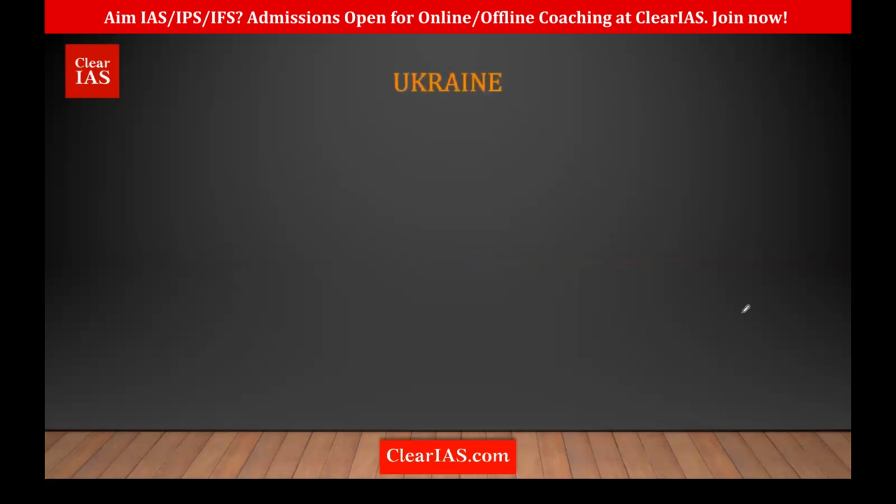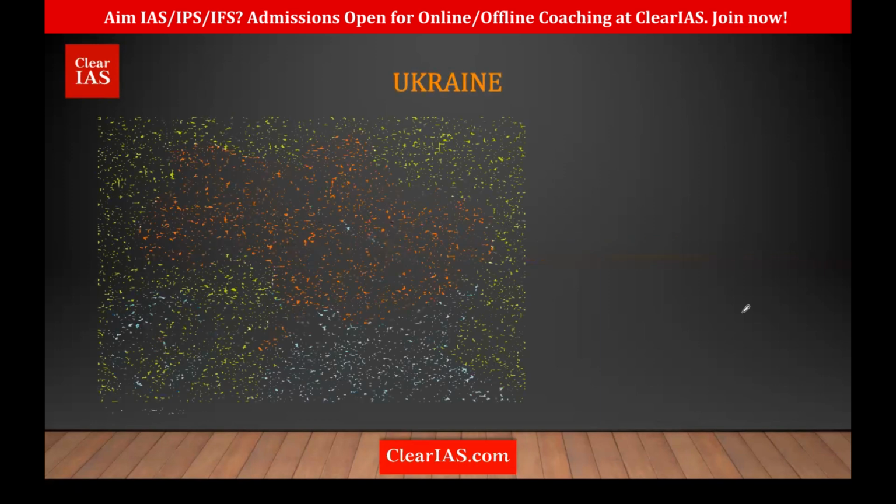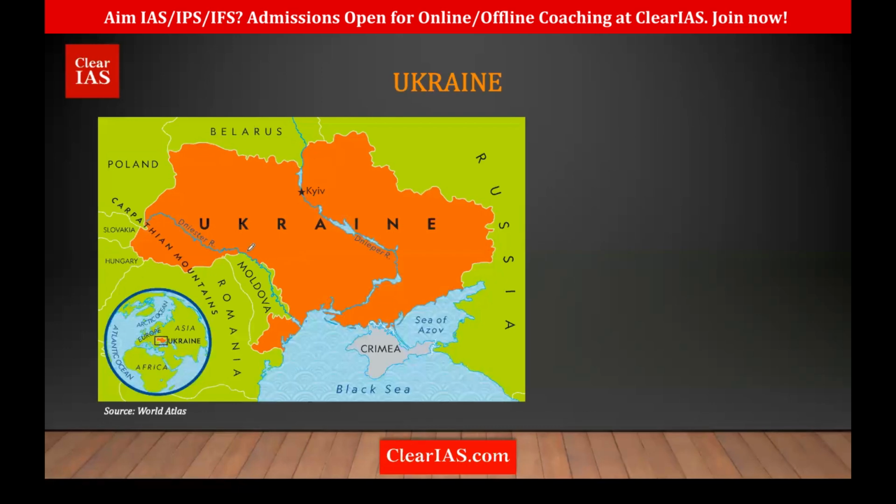If you're talking about Ukraine, you can see Ukraine here. We know it was part of the former Soviet Union. Because of that, and also because of so many other issues, Russia is recapturing Ukraine. They have a conflict with Ukraine. Another thing you must remember is the Crimean Peninsula. This was actually part of Ukraine, and Russia occupied this region in 2014.